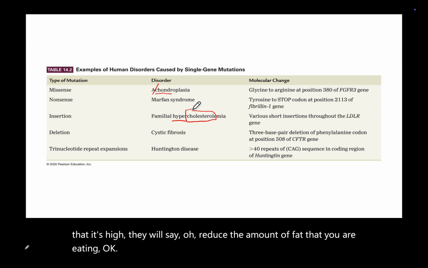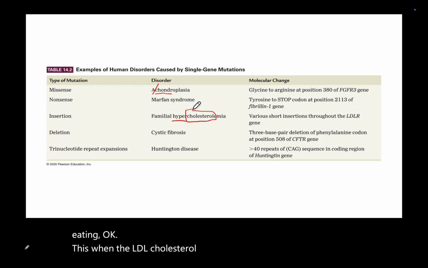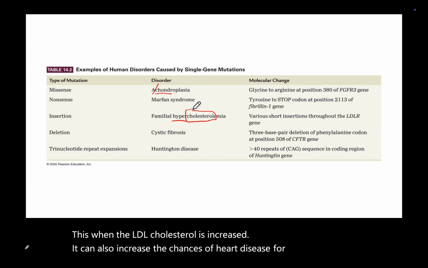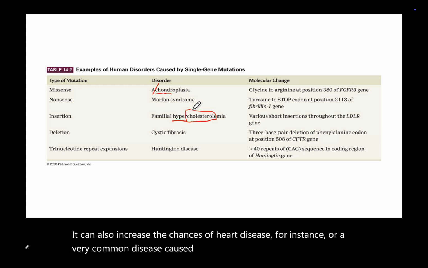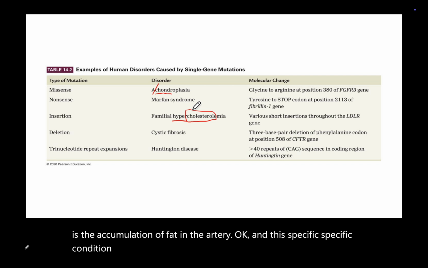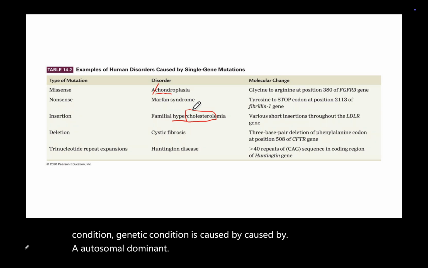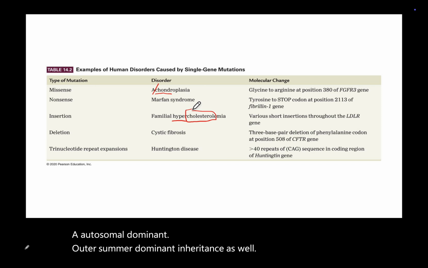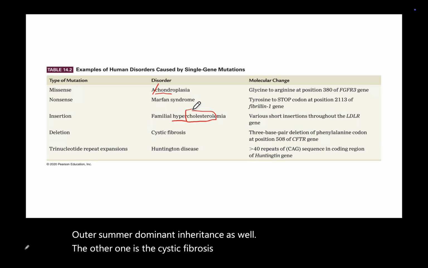When the LDL cholesterol is increased, it can also increase the chances of heart disease, for instance. A very common disease caused by high LDL is atherosclerosis, which is the accumulation of fat in the artery, okay? And this specific genetic condition is also caused by autosomal dominant inheritance. The other one is cystic fibrosis, which is due to a